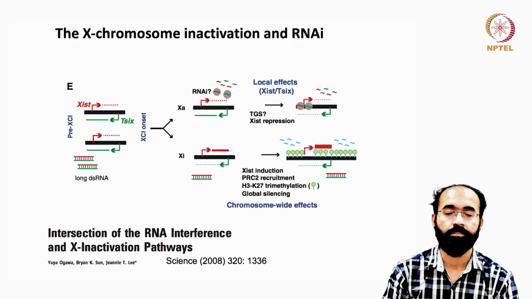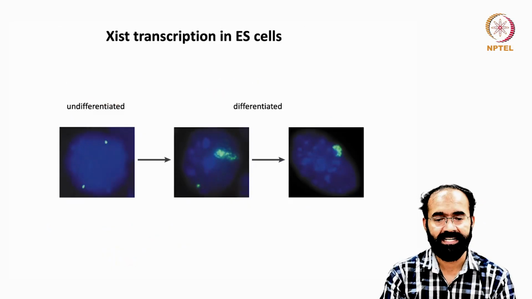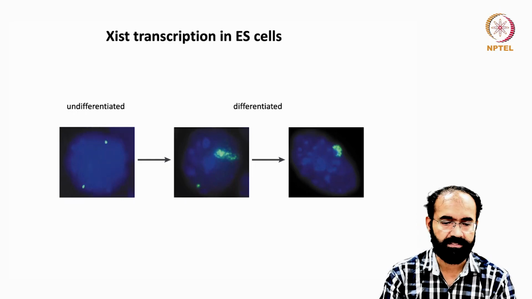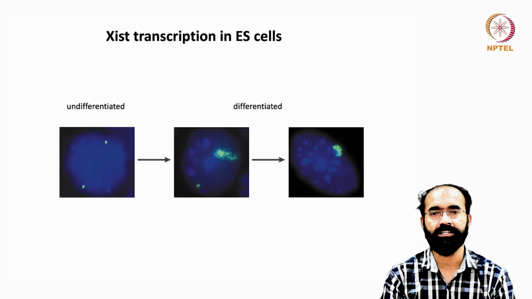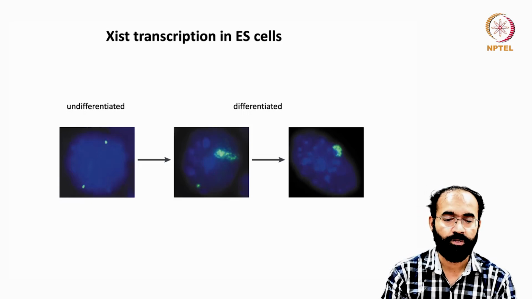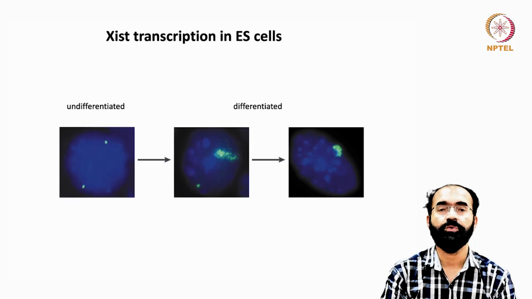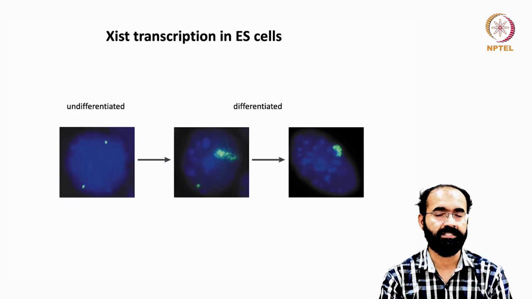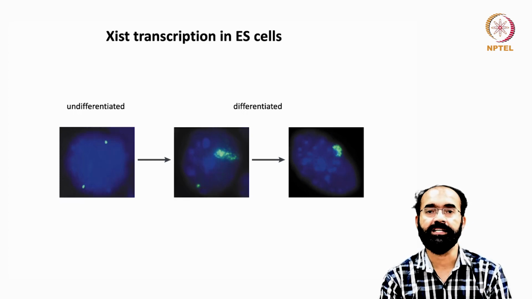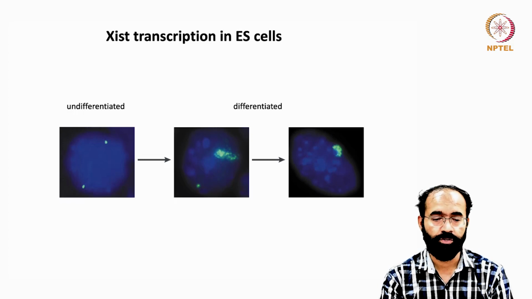has to happen. Now let us see Xist transcription in ES cells, embryonic stem cells. So in undifferentiated cells, undifferentiated means it is a stem cell remaining as a stem cell, you can see two dots that are green in color. So how is this done? This technique is called fluorescence in situ hybridization, where you take the probe. What is the probe? Xist RNA is the probe. You label it with a fluorophore and you hybridize it in a denatured condition onto the chromosomes or onto the nucleus. So this entire blue color circle is the nucleus, and in the nucleus you can see two dots,